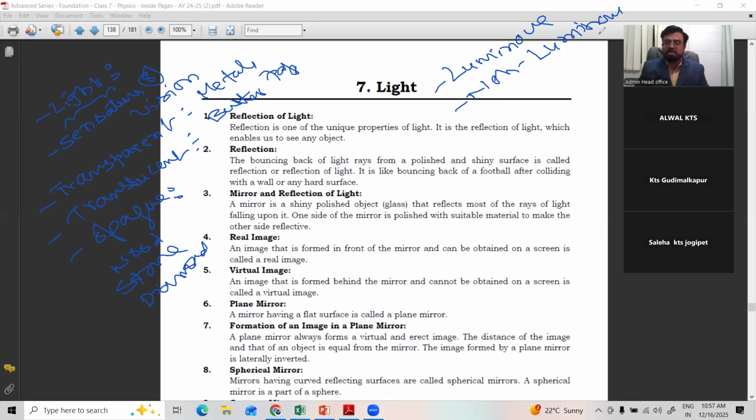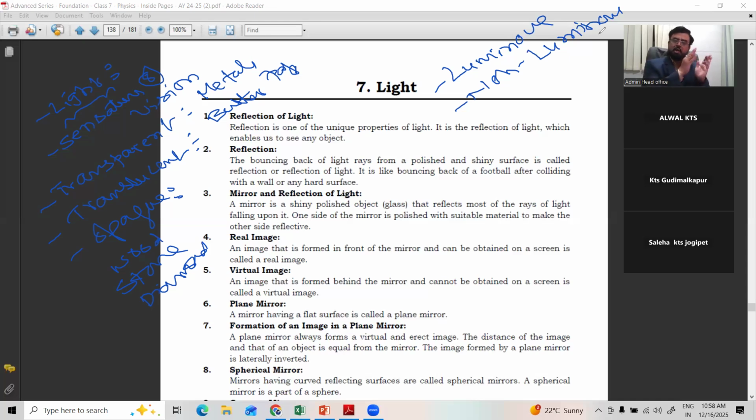Luminous or non-luminous. Luminous bodies are those which give out light by themselves. The best examples are the sun, stars, candle, electric bulb, and so on. The remaining all come under non-luminous, which do not give light by themselves, but can be visible by reflection of light or when light falls on them. When you stand in front of the mirror, you can see your own image because of the reflection.